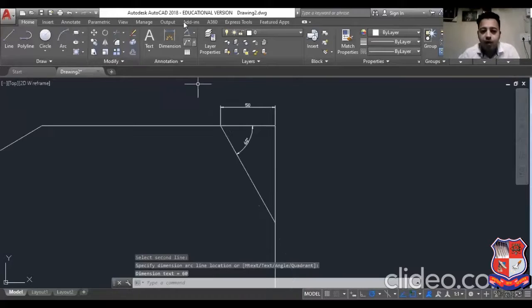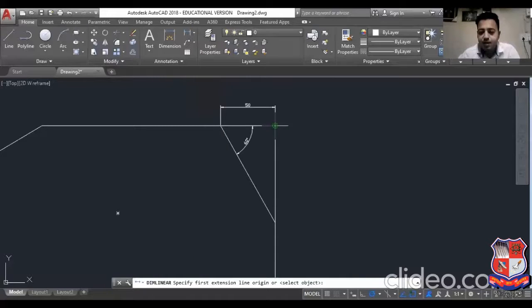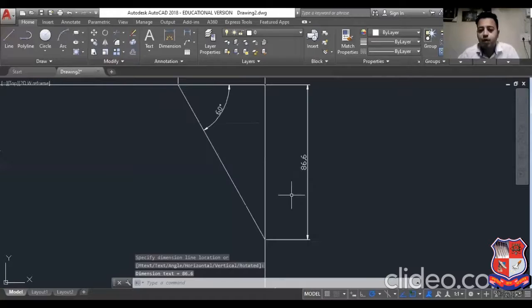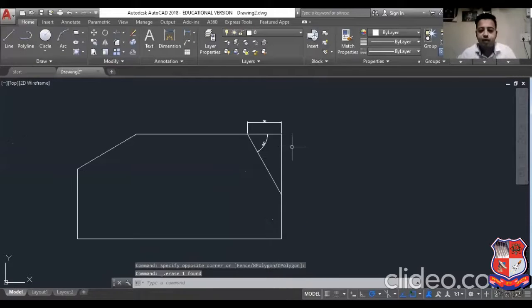But here I don't know the value of this edge. It is some different value. So here you can see the chamfer command.